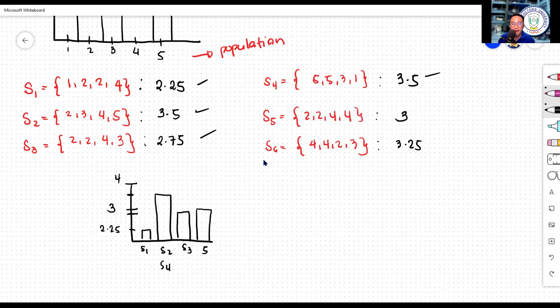Next, S6 is 3.25, which is a little bit below 3.5, so somewhere here, perhaps. And that's S6. So guys, if you take a look at it, it's technically not